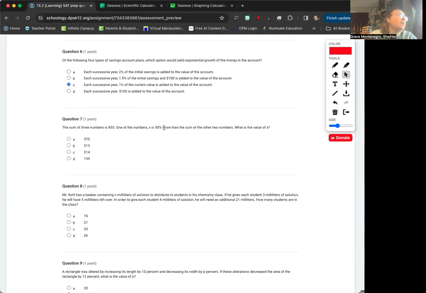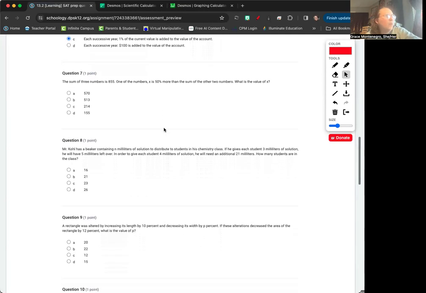Okay, the sum of 3 numbers is 855. One of the numbers, x, is 50% more than the sum of the other 2 numbers. What is the value of x? Notice we do not have to find all 3 numbers. We just have to find x, which is the one that is 50% more. So let's assign variables. Number 1 is A, number 2 is B, and the third is X, as they gave us X as a variable. X equals